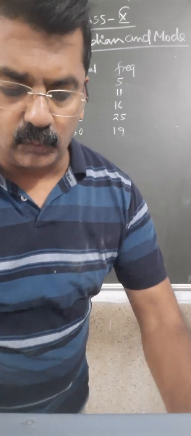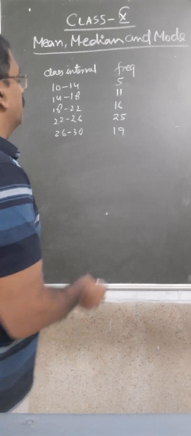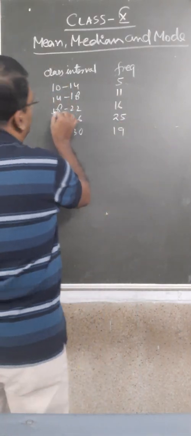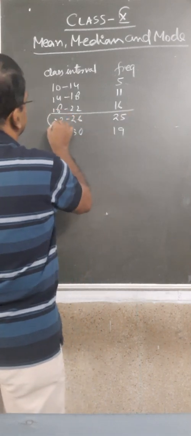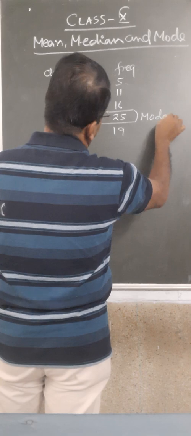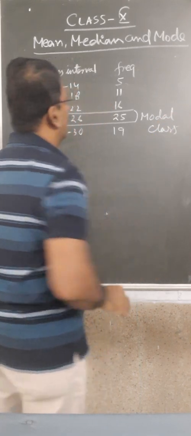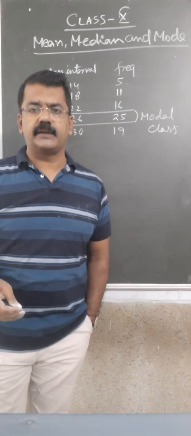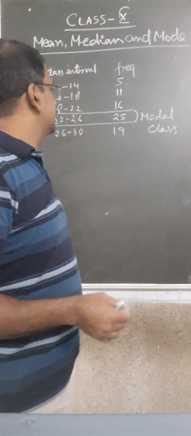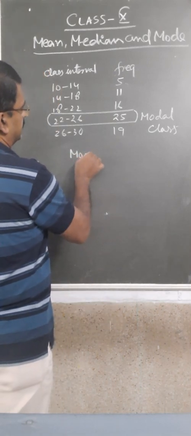You have to find the mode of the above data. Now see one thing, the maximum frequency is 25. So this will become the modal class. As the maximum frequency is 25 and that is of the class 22 to 26, so that is the modal class. Now you know the formula for mode is